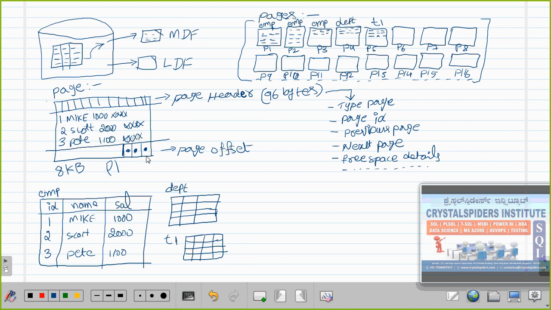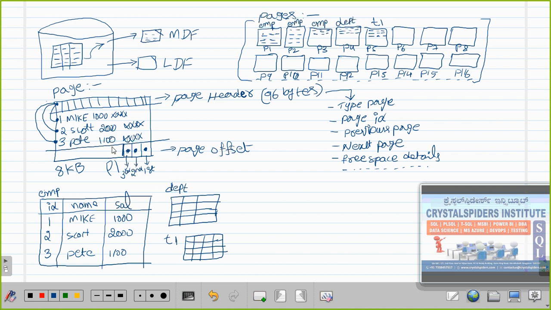The first bit will represent information about the first record, the second bit about the second record, and the third bit about the third record. What information does it refer to? It represents the distance from the starting position of this page to the starting position of this record, in terms of number of bits, just for estimation purposes, of how long it will take to read this record. From here to here, that distance is what this offset will store.